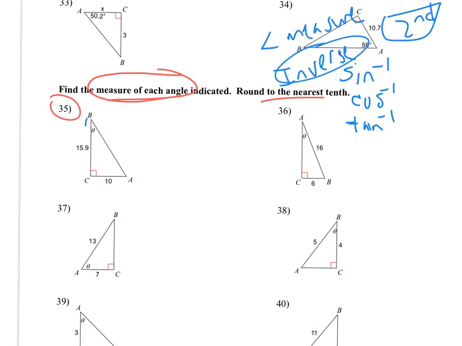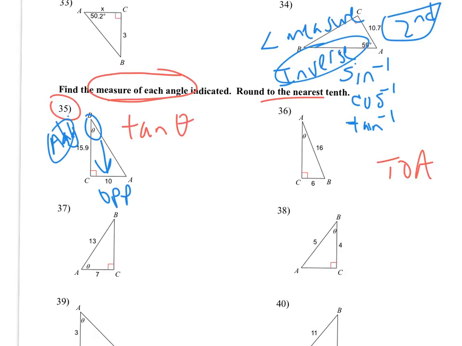So if you look at 35, we're trying to find that angle right there, theta. Look at the two sides you're dealing with. This is opposite, and this is adjacent. So I'm dealing with opposite and adjacent, not the hypotenuse. So think about the trig functions that use opposite and adjacent, and that's tangent. That's the TOA part of SOHCAHTOA. So I'm going to say the tangent of theta is equal to the opposite, which is 10, over the adjacent,